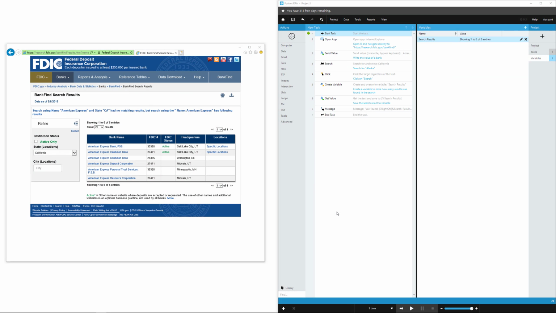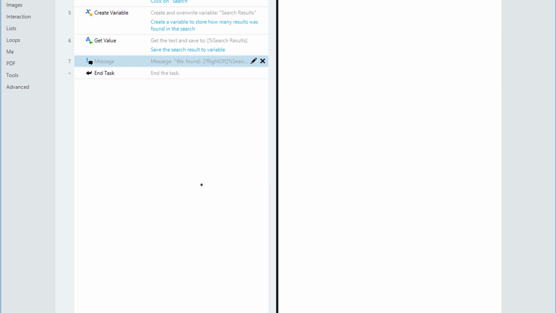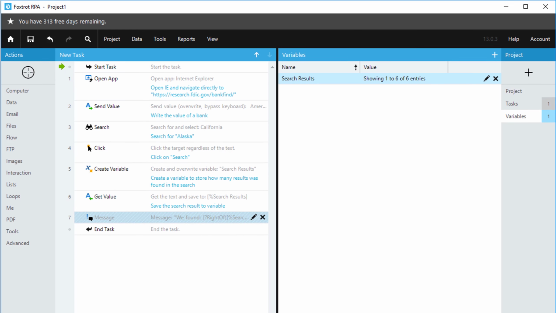In this video, you'll see how Foxtrot RPA will interact with a web table. You'll see the web table here on our FDIC page, consisting of bank names, numbers, and information about the bank. What we're going to do is have Foxtrot look through that web table for a certain value, and then populate